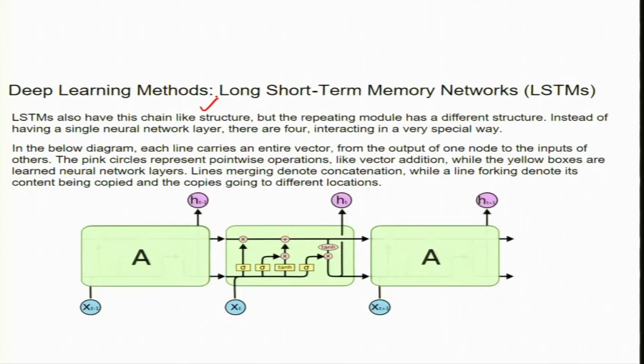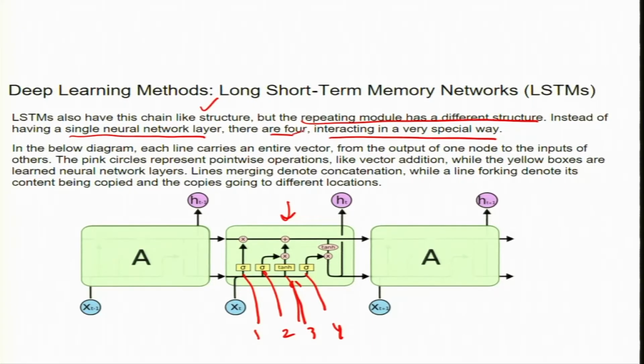So, LSTM also has this kind of chain-like structure, but the repeating module has a different structure. This particular repeating module, instead of a single neural network layer, has 4 layers interacting in a very special manner. You can see here, instead of only one tanh, it has 4 different interacting layers. This is first, this is second, this is third, and this is fourth. So, there are 4 different interacting neural network layers here in a particular cell. This is called a cell